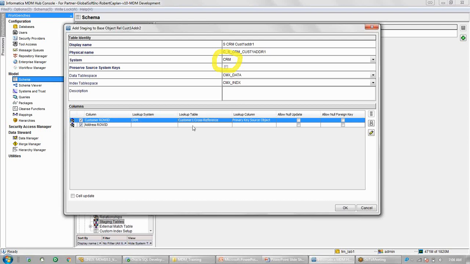So for the CRM system, the same thing that we discussed just now: because this is my child table, whatever value I am going to pass for the customer ID, it will go to the customer cross reference table, and it will check the PK source object column and the row ID system column, whether they both are present or not. If they both are present, then it will copy all these three details: row ID object, row ID XF, and the PK source, and it will insert into the child tables. And if it is not present, it will reject the record.